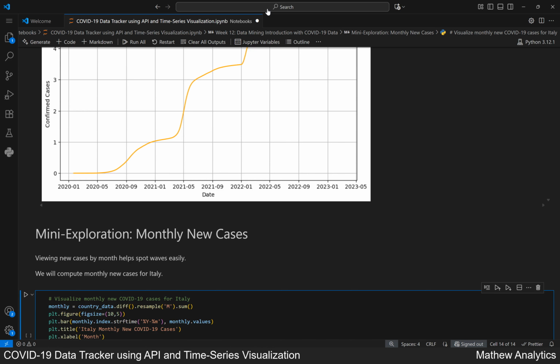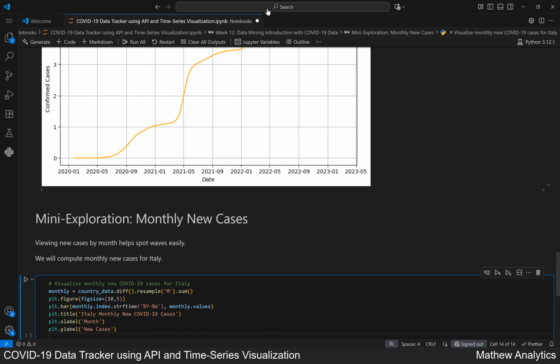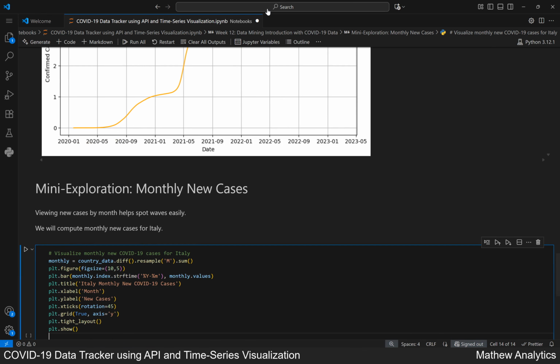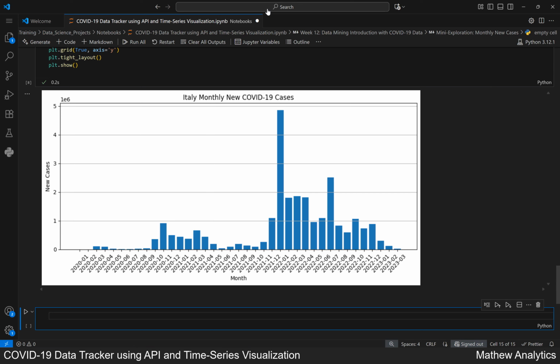We label the y-axis as new cases. We rotate month labels so they fit better. We add horizontal grid lines for better reading. We use tight_layout to avoid cut-off labels. We show the finished chart. Running the cell now. This bar chart shows the total new COVID-19 cases in Italy for each month, calculated by